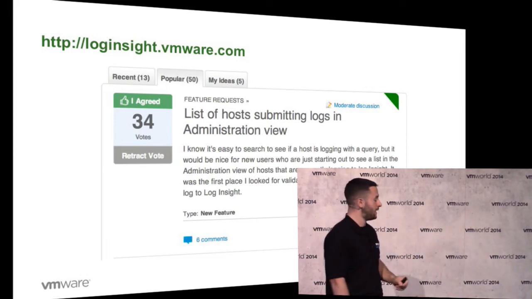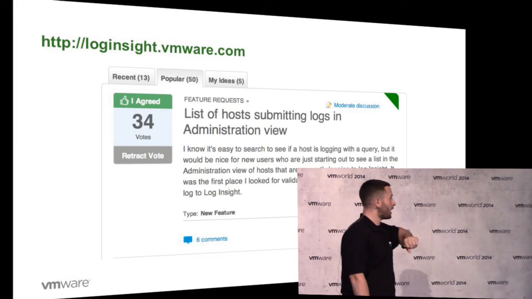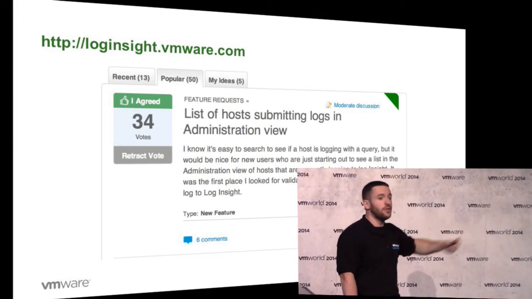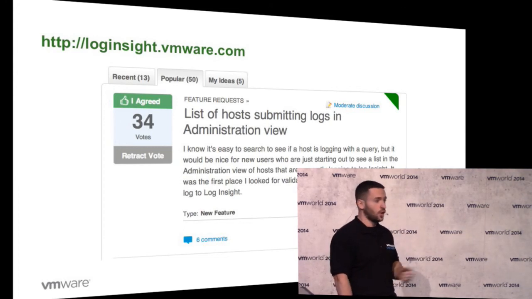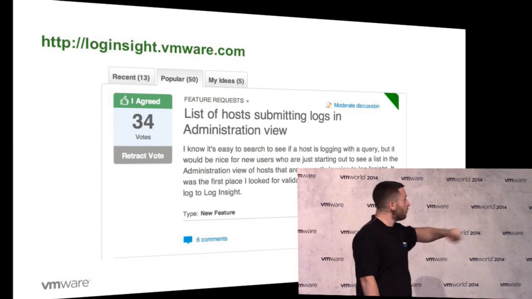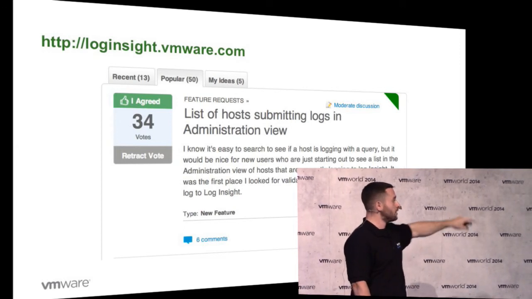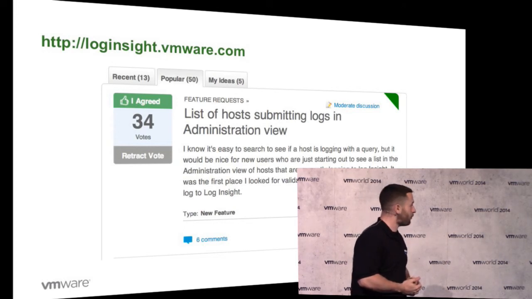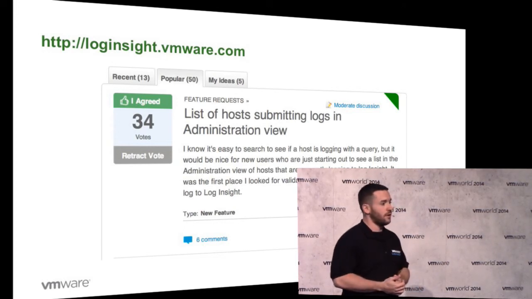Very cool, very exciting. In addition, on loginsight.vmware.com, you have the ability of submitting feature requests. If you think that there's a feature in there that you need, go ahead and submit it. Someone might have already done it, and if you see something that you agree with, you can actually vote for it, agree or disagree. Now, what we're looking at is the number one requested feature right now on loginsight.vmware.com, the ability